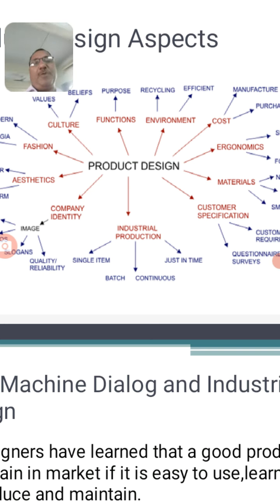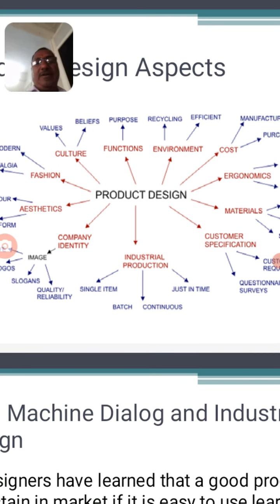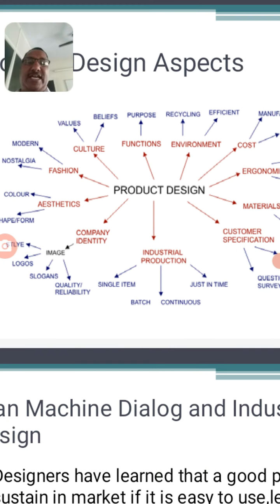A continuous production, or whether it will be a batch-wise production as per requirements of the market, or it may be only a single atom that you are going to design, and it may happen that in future you may not design any other product like that. So that is a single atom product design.